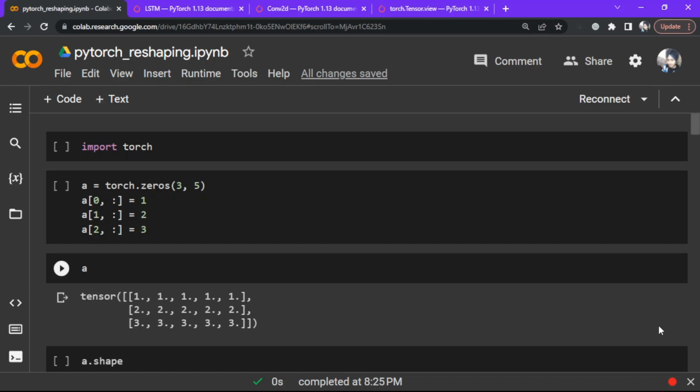Hi there. In this video, we'll be looking at different ways of reshaping tensors in PyTorch. In data science and deep learning, we may have come across this use case many a time. Like with LSTM layers, the input required is in a particular shape, and it can be specified using the batch